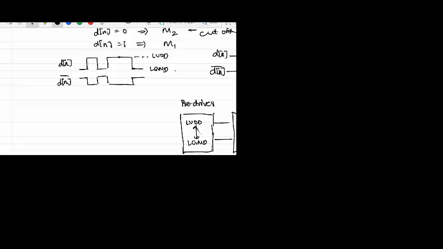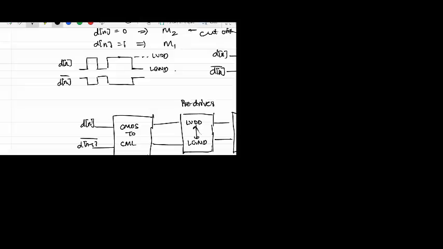Then you need something which switches at a higher level, and you all know that the data coming from the serializer is all working on CMOS logic because you want the high-speed data to go through at full swing. So you need something in between which is called a CMOS to CML converter. So all your bit streams have to go through this to realize one current mode logic's final output driver cell.